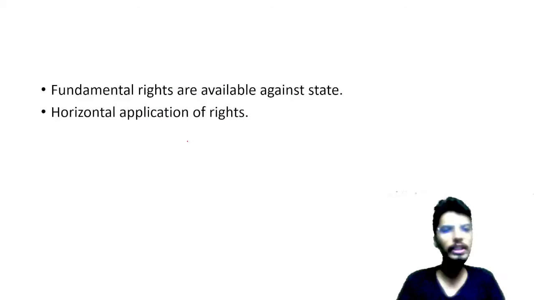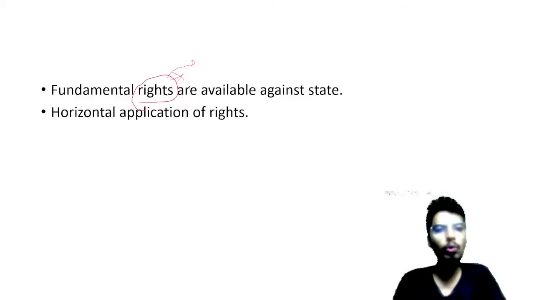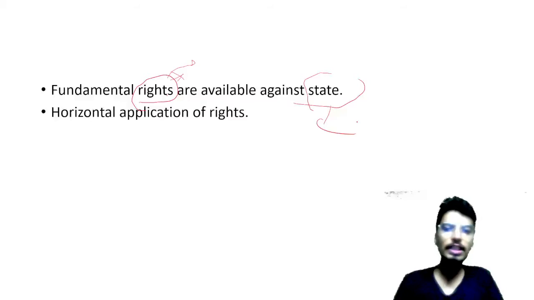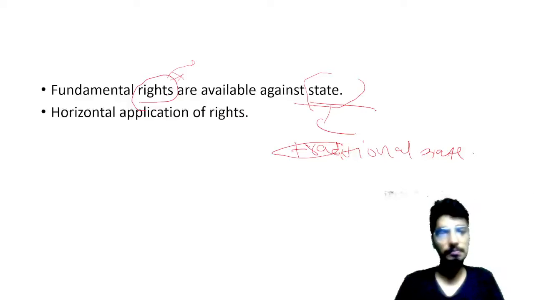Now another important thing is that whenever you talk about right, then it is available against someone. तो जब भी हम लोग बात करते हैं कि कोई right है, तो obviously we are talking about right against someone. It cannot be in abstract, it cannot be in vacuum. So when you talk about right, you have to be very clear कि you have this right and who will have the corresponding duty, or like rights will be available against whom. So the traditional idea is that fundamental rights are available against the state. This is the orthodox traditional idea, that when you talk about fundamental rights, these are available against the state.